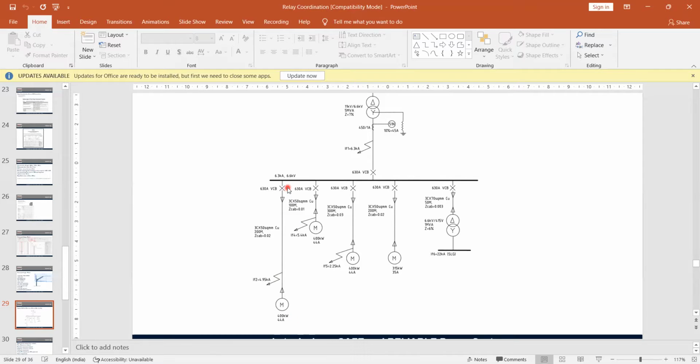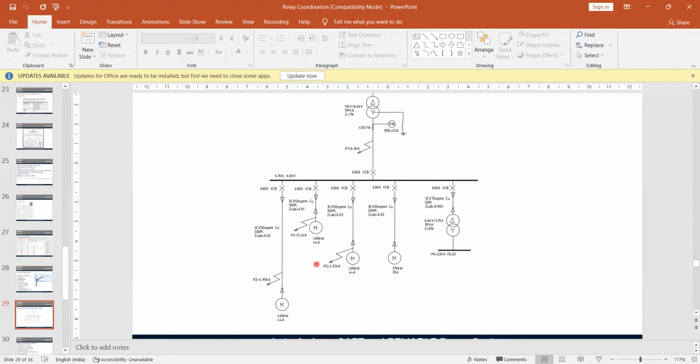If I select 630 amps, my normal load current in the motor will be 44 by 630, that will be 0.07 amps, so setting the relay and all will become very difficult. So I can select a 75 per 1 amp CT here. Shall I select a 75 per 1 amp CT, or some other value? Okay, let's say 75 per 1 amp CT.